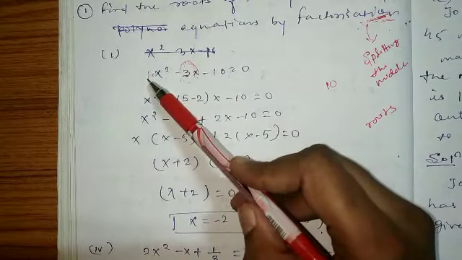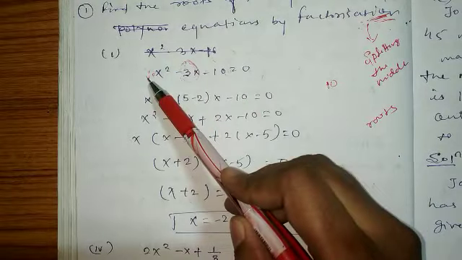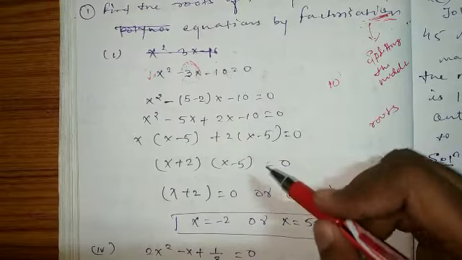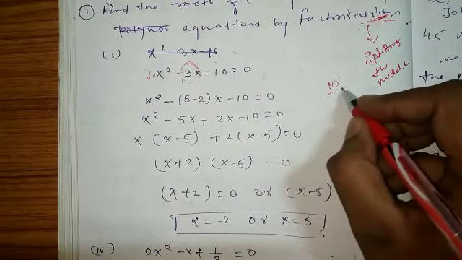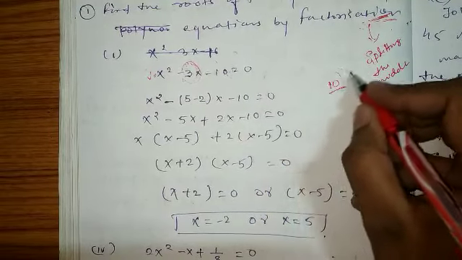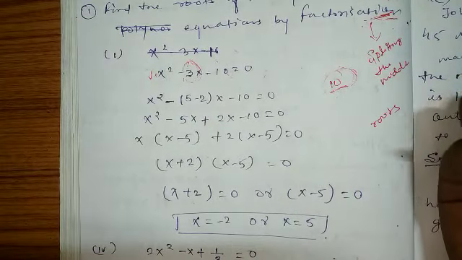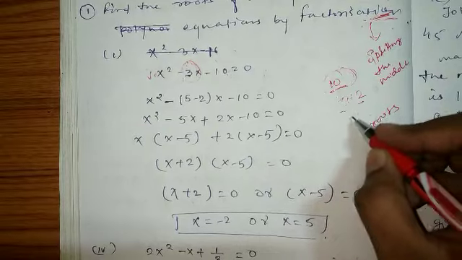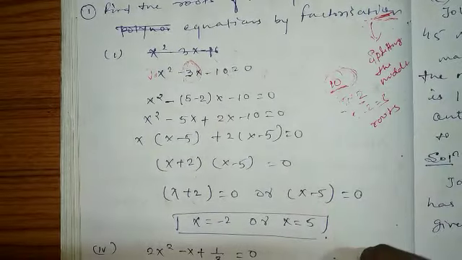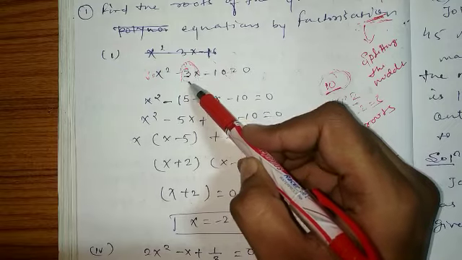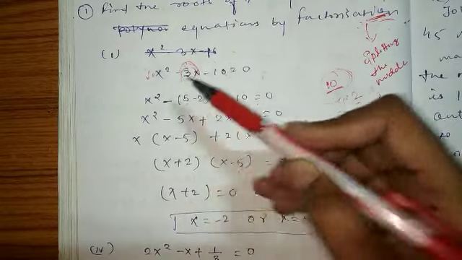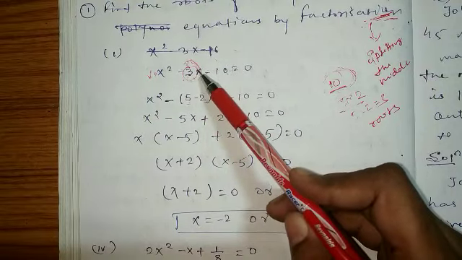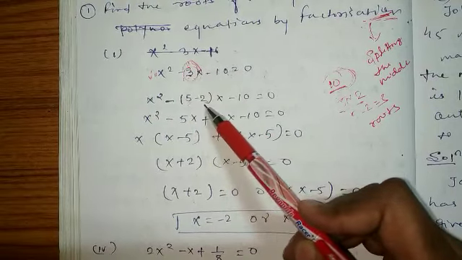So we'll multiply these two numbers, the first number and the second number, and after multiplying we get the answer 10. So 10 can be a multiple of 5 and 2. Yes, 5 twos are 10, and 5 minus 2 is equal to 3. So we'll simply write 5 minus 2 in place of this number 3. After basic simplification, this is 3 and this is now 5 minus 2.